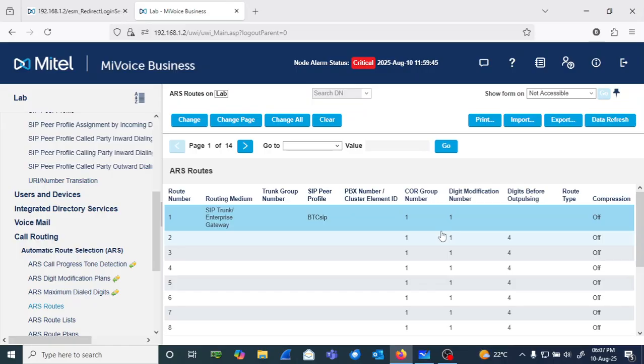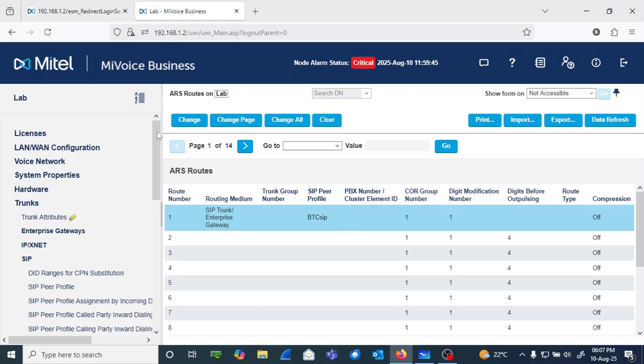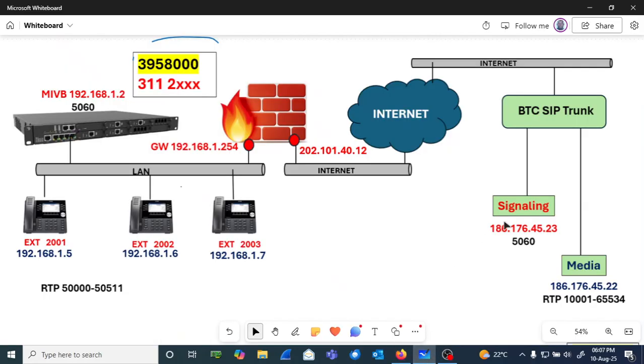Now for incoming calls, we are expecting the SIP trunk to send us an invite, which is in the opposite direction. If it's an incoming call,